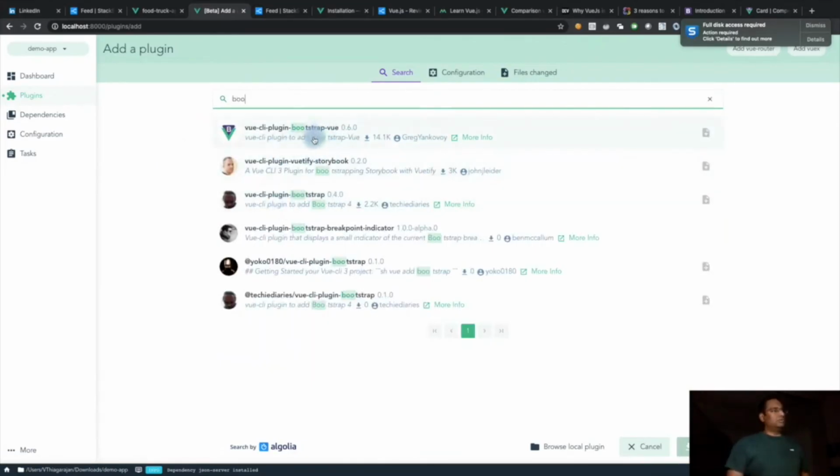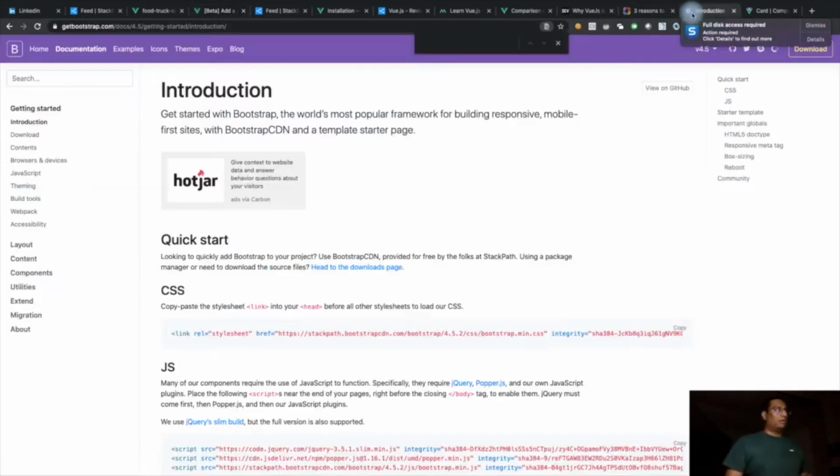Yeah, I think I used this. So we are going to use Bootstrap, which is basically a component library. It will make sure that you don't need to worry about building beautiful components in your UI. For your UI to look more appealing, they have a lot of components like